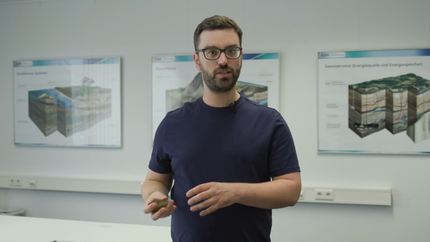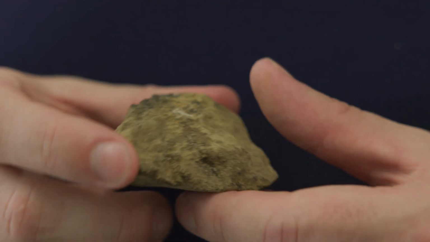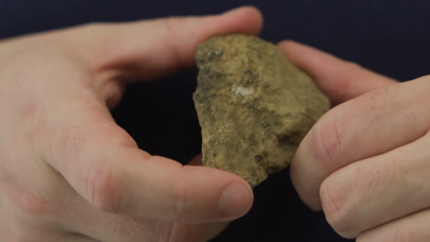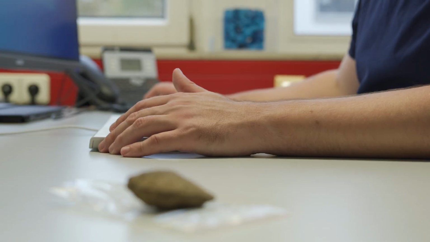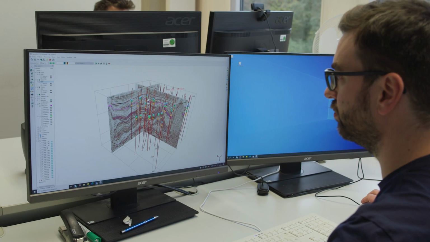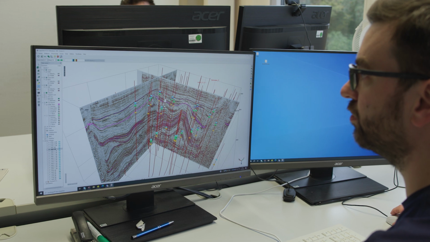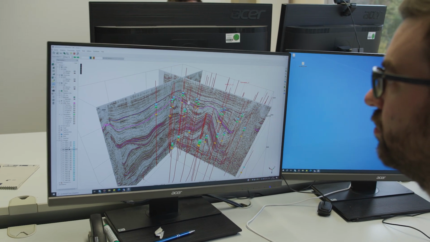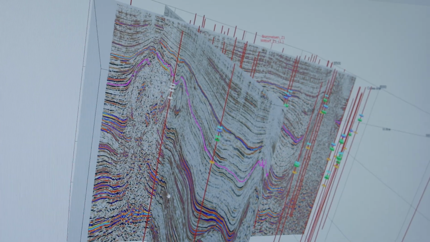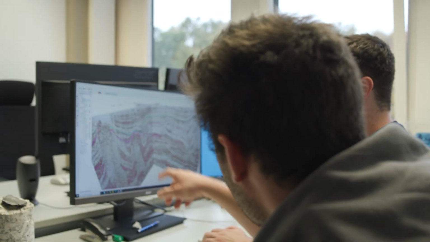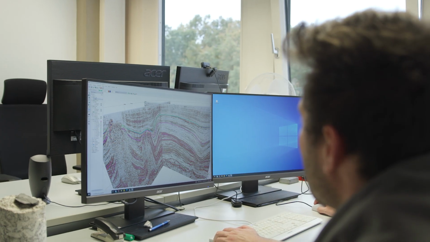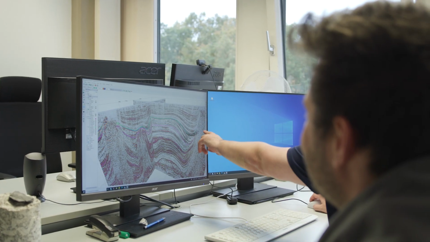And therefore I took samples like this from the cores and analyzed them under the microscope, or I did chemical analysis and so on. I analyze the data in high resolution 1D, so in cores, and I combine this information with 1D geophysical log data. And to make a large model out of it and extract this high resolution 1D information into 3D, I use a 3D seismic and bring all of this together into one large model